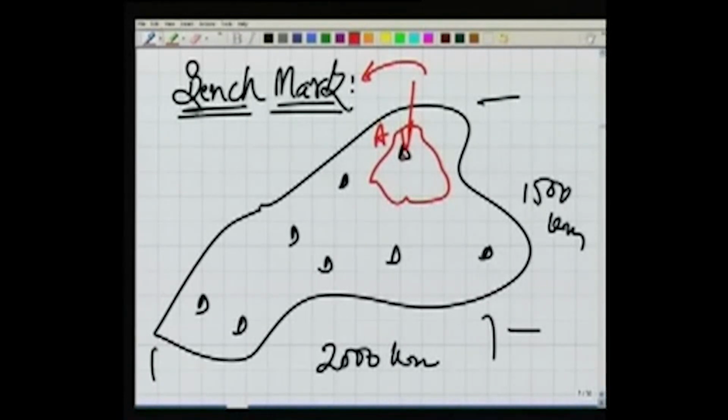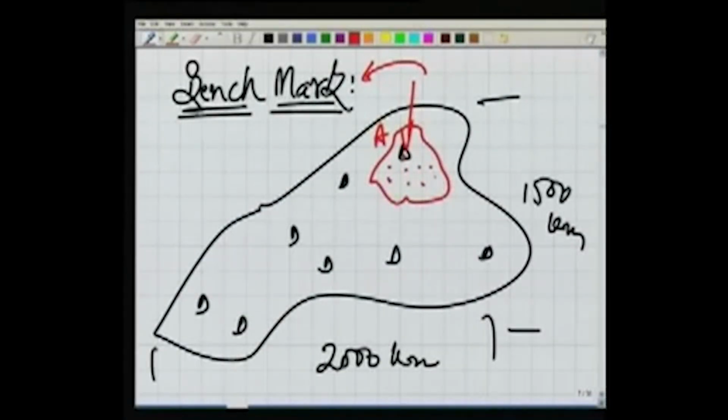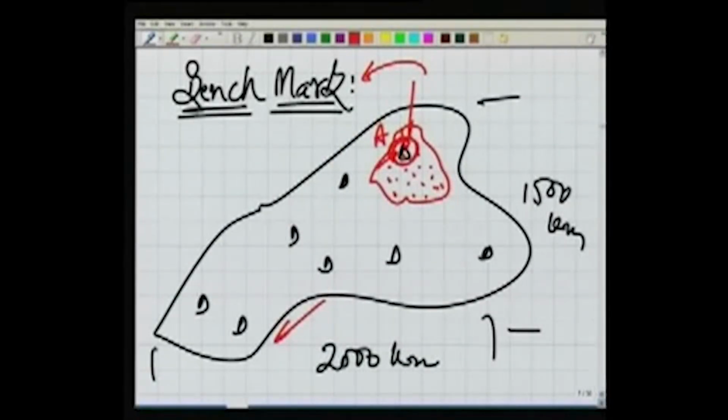These benchmarks serve a purpose: we can use them to refer other points. I can now find the elevations of all these points in relation to this one. I need not go to the sea, to the main benchmark there. Rather, I can do my survey with the benchmark here. This kind of benchmark is generally called a permanent benchmark,